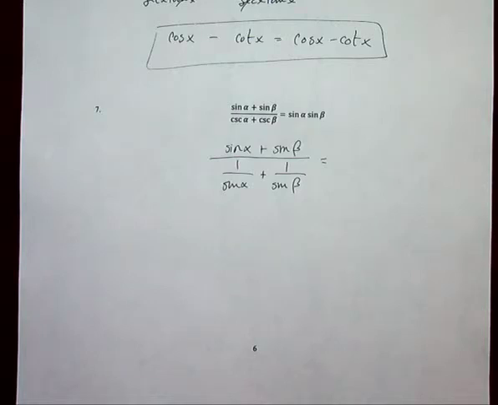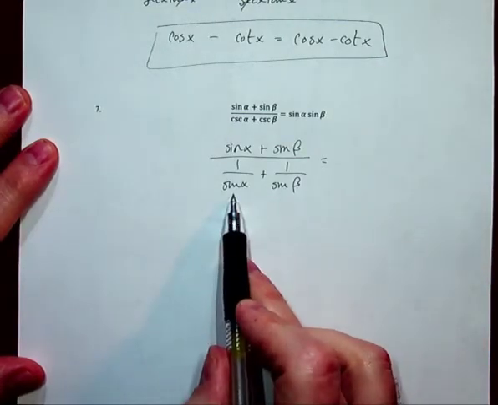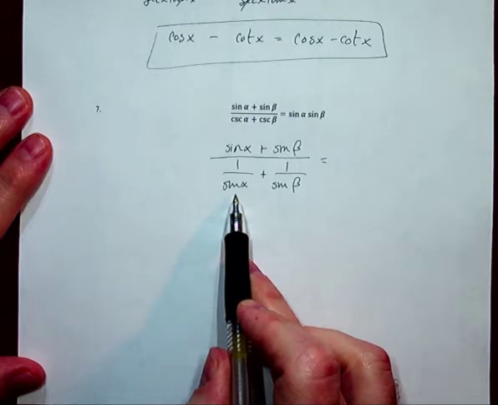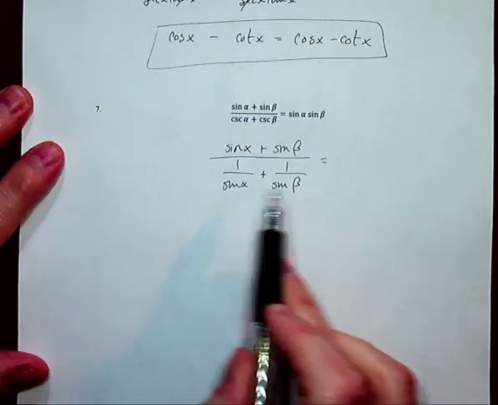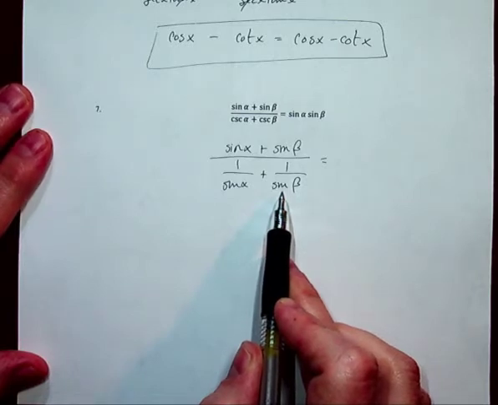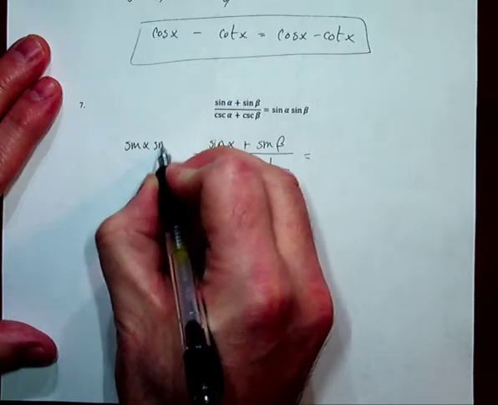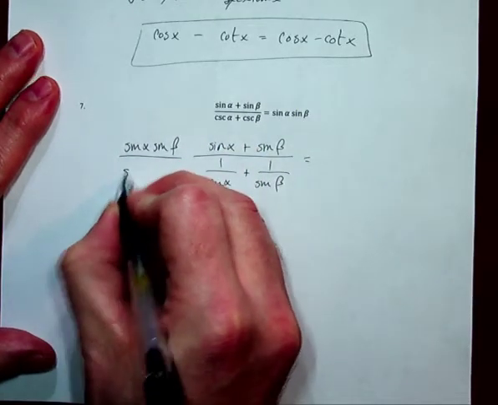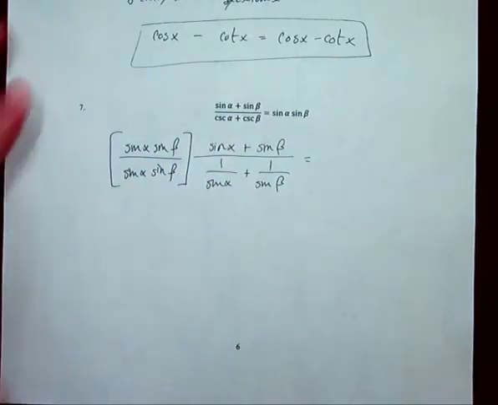Now that you've revealed the complex fraction, you have 2 problems. The first problem is divided by sine alpha. How do you undo divided by sine alpha? You multiply by sine alpha. The second problem is divided by sine beta. How do you undo that? You multiply by sine beta. So if you multiply both the numerator and the denominator by sine alpha and sine beta, what happens is, when we do it in the